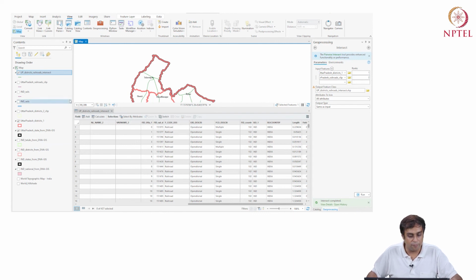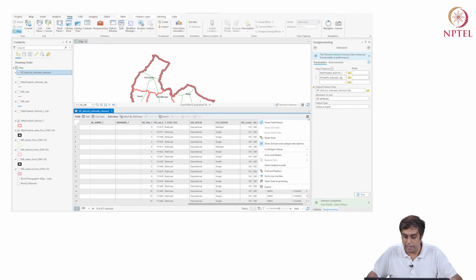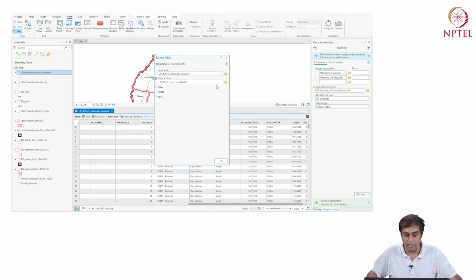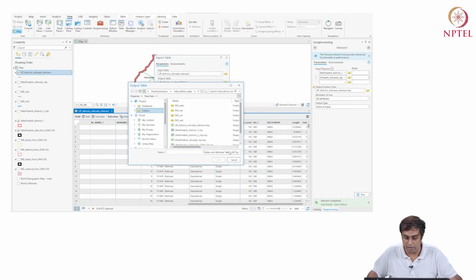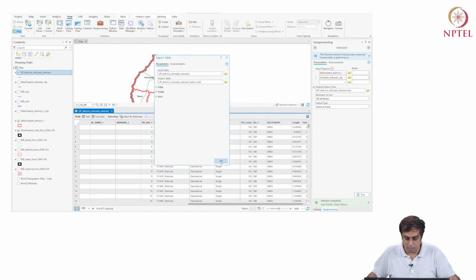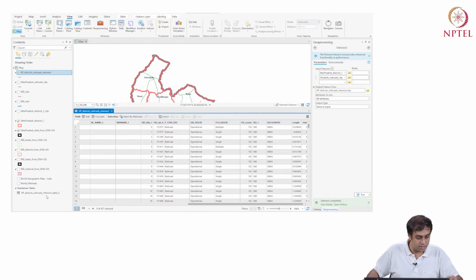And you can also sort of go to the attribute table, click on the 3 button, and here it will say export. Okay, you can export this file. You can just say output table. Here, you will be able to again save the same thing as a table. It saves it as a .dbf file. I'm just going to call it 2 because this is the second method that I have for saving the table. Okay, so it adds it here.